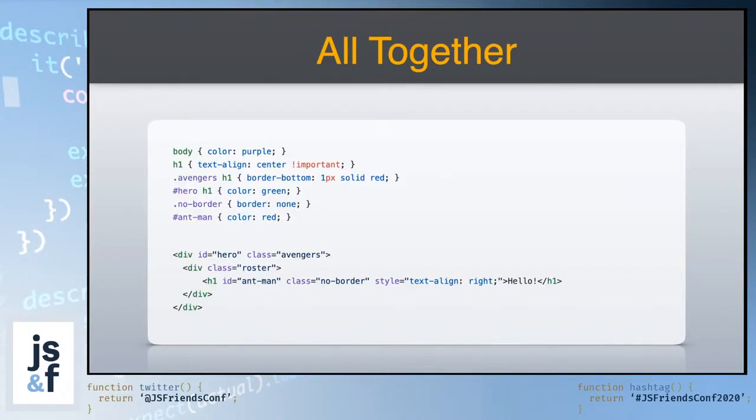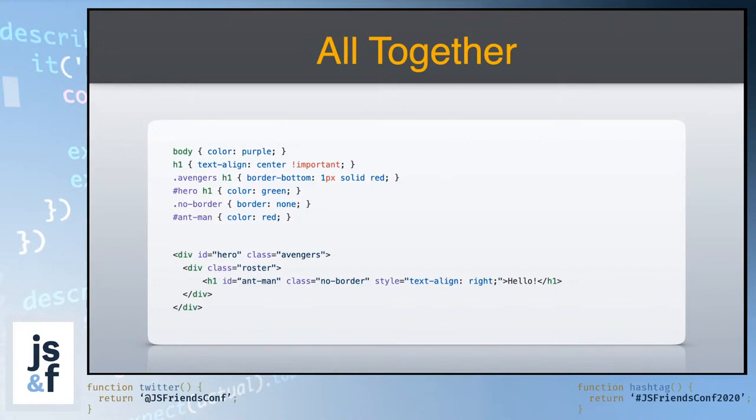But we also see that there is a statement that says anything that's inside of an Avengers class that's an H1 has a border bottom on it. And that anything that's inside of the hero ID that's an H1 is green. So in these two instances, it can be really frustrating to try to figure out what is overriding Ant-Man, because